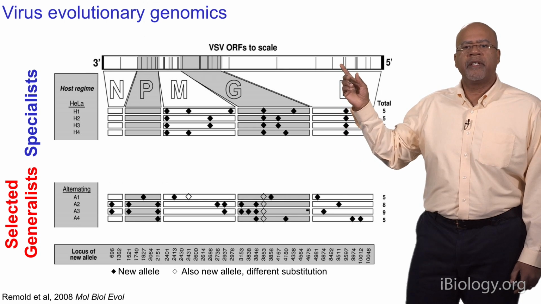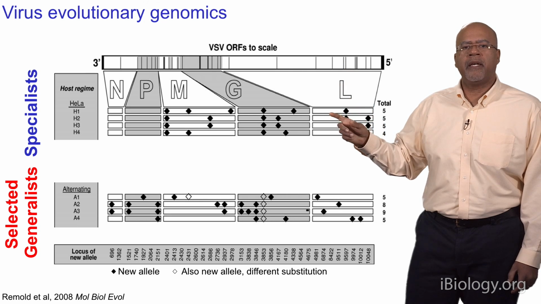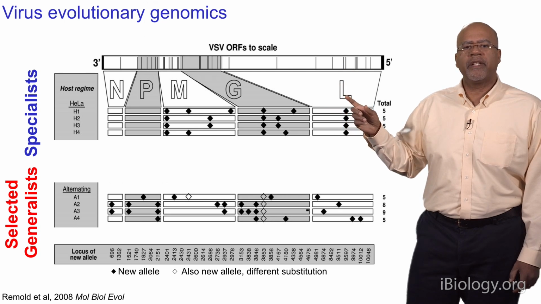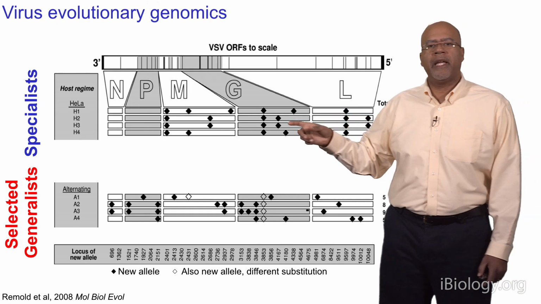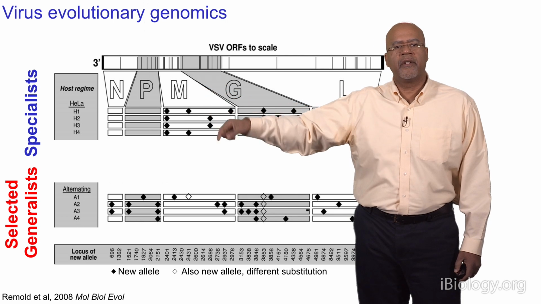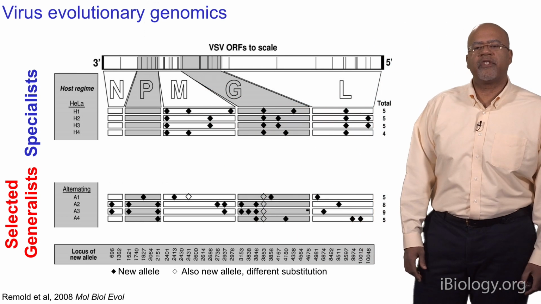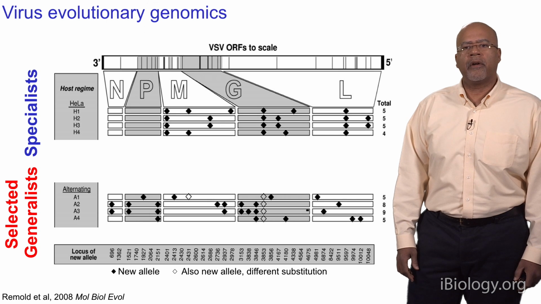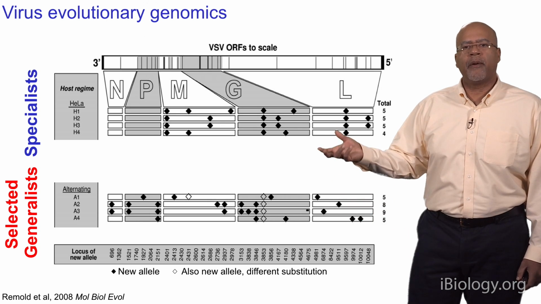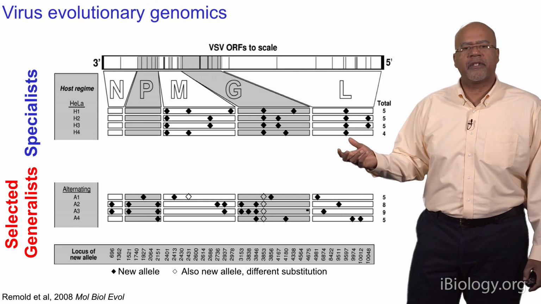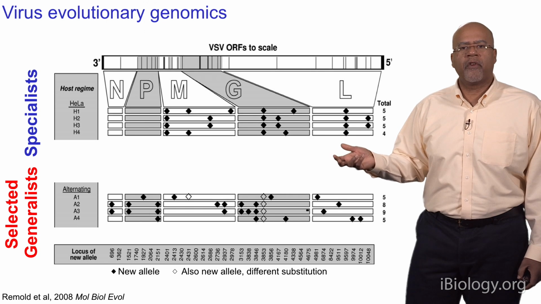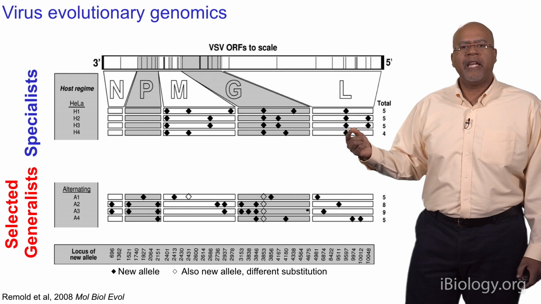At the top, this is merely a depiction of the VSV genome and the 5 genes, NPMGL. And what you can see is, for each one of the lineages, the 4 lineages that saw only, in this case, HeLa cells, those are cancer-derived cells that originally came from Henrietta Lacks a long time ago. And these were harnessed as an immortalized cell line that people use in a lot of studies beyond simply virus studies. But these cancer-derived cells provided a new challenge for VSV in this experiment,